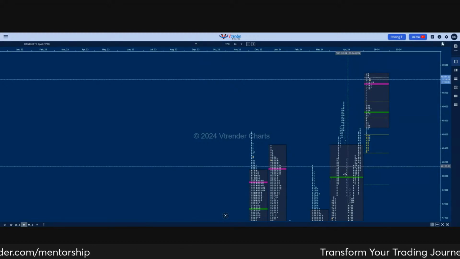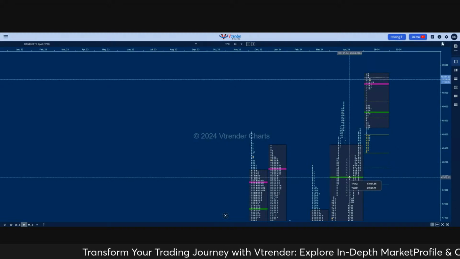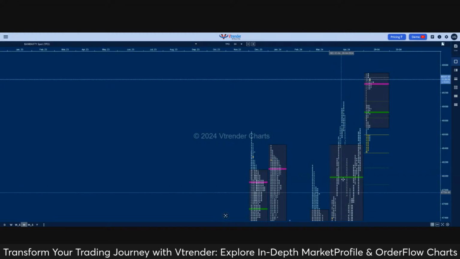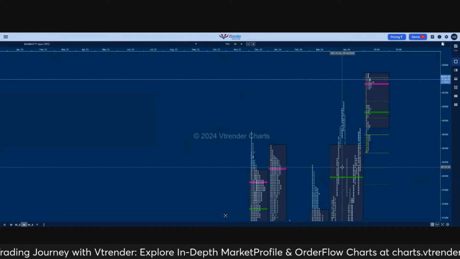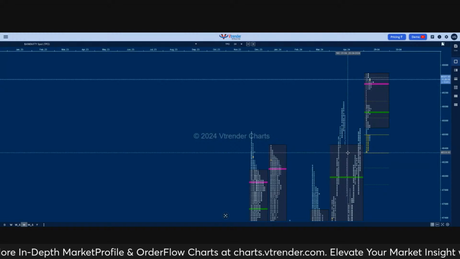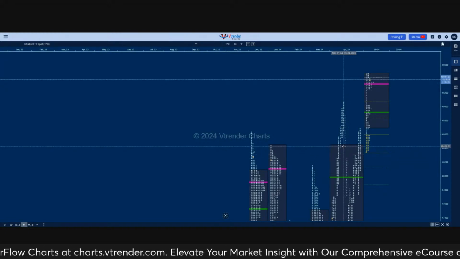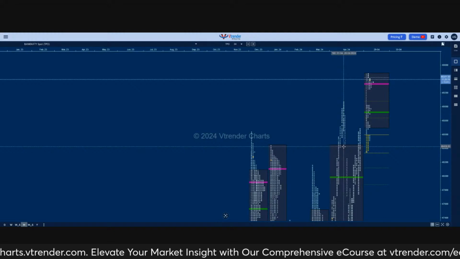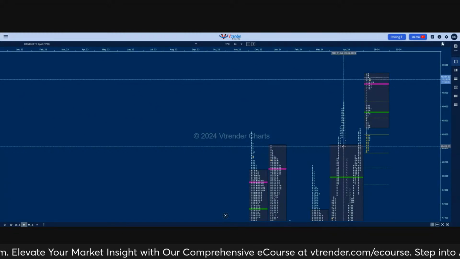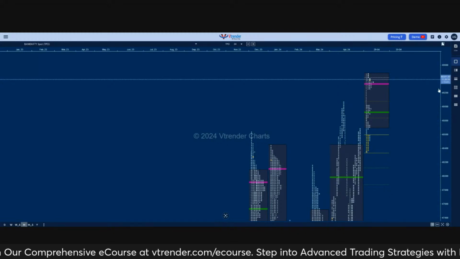So 47994 and 47971 are the POC and VWAP of April, with the rollover point being at 48360. 48360 is the rollover point of the May series. So these three levels will be the important ones which we carry forward for the May month, both in spot as well as futures. So again, what we do here is